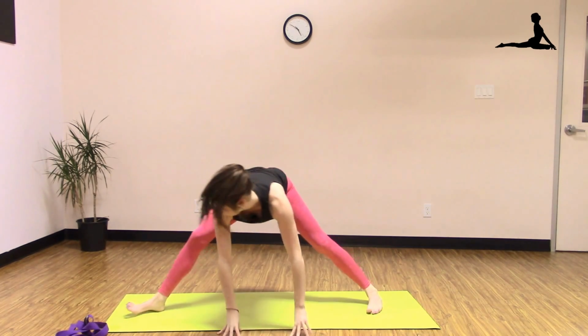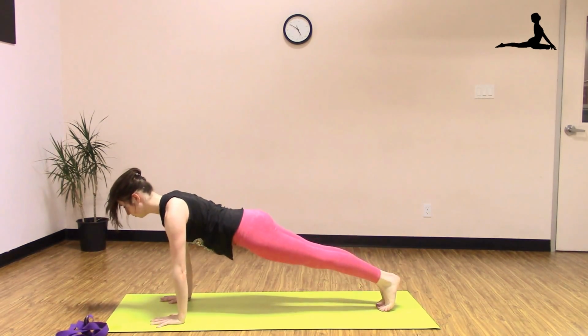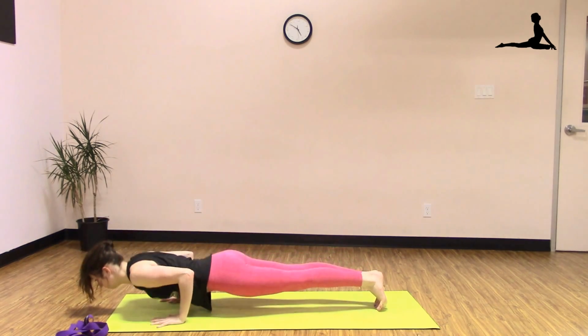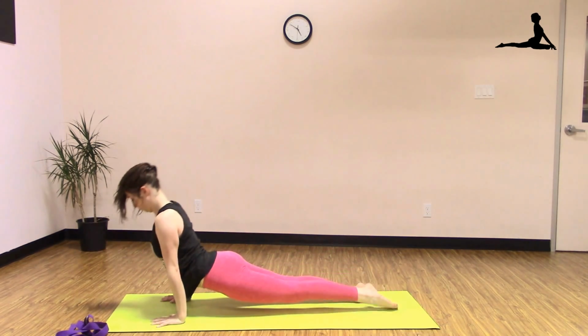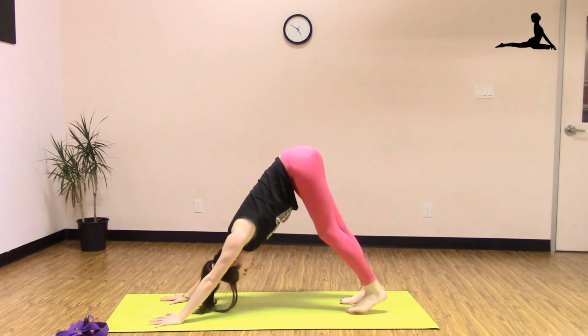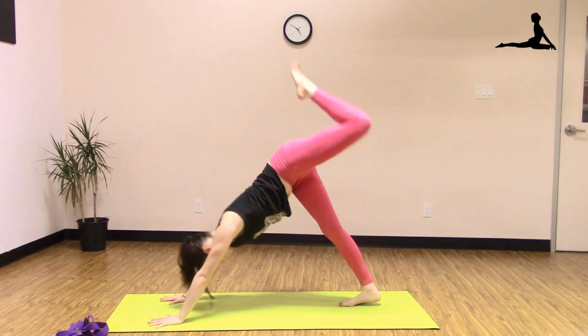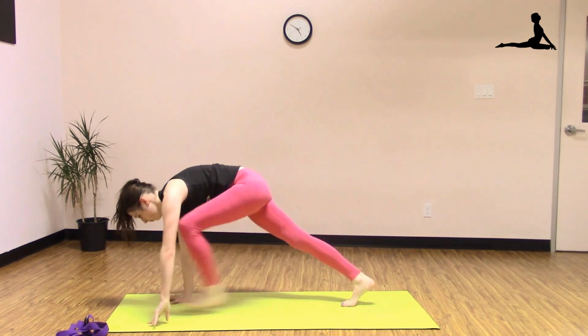Come up halfway into a flat back, and then walk your hands to the top of the mat. Step into your high push-up pose on an inhale, and as you exhale, lower and hover. Find your back bend on the inhale, and as you exhale, move into downward dog. Second side, inhale, left leg rises up towards the sky, and step your left foot forward to the top of the mat,